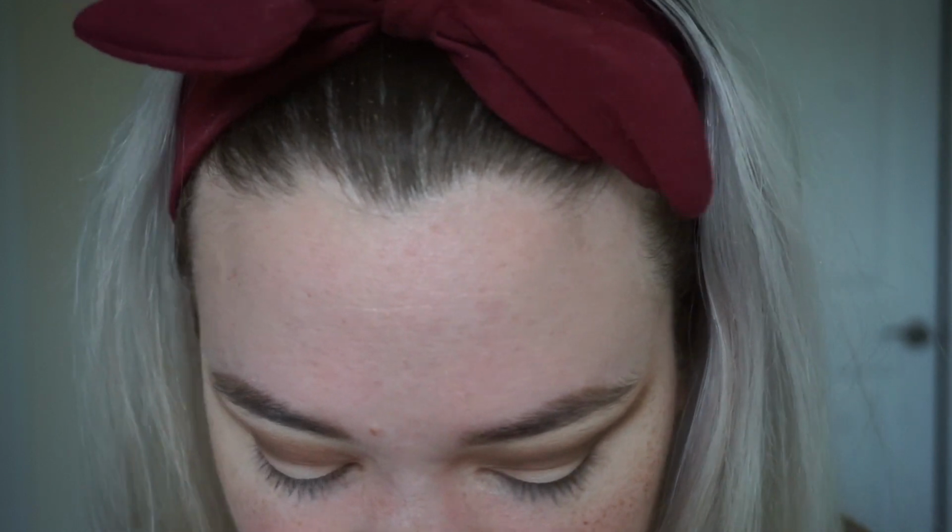Okay, now my next step is going to be to take this Vintage Cosmetics brush. I don't really know what it's actually called. And I'm going to dip it into Dirty Money, but I'm debating if I want Fix Plus or not. Now, I'm going to try it without Fix Plus first. So we're going to go ahead, dip this into Dirty Money. And I'm just going to start by...